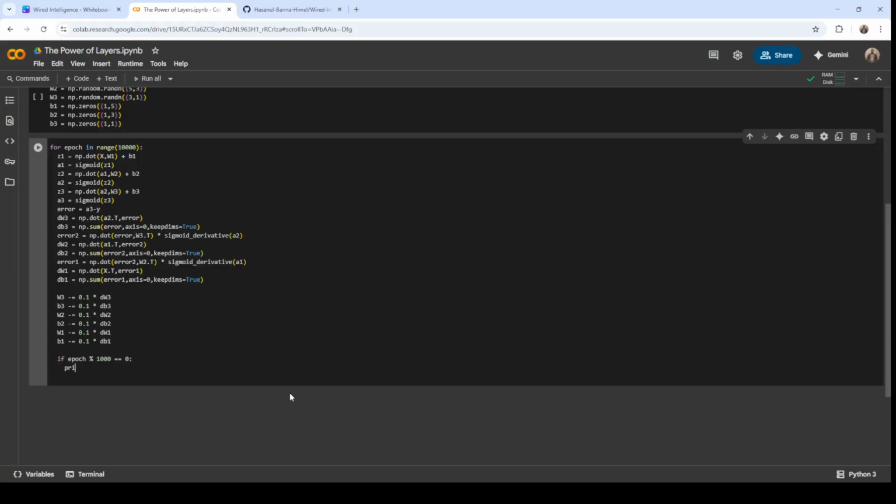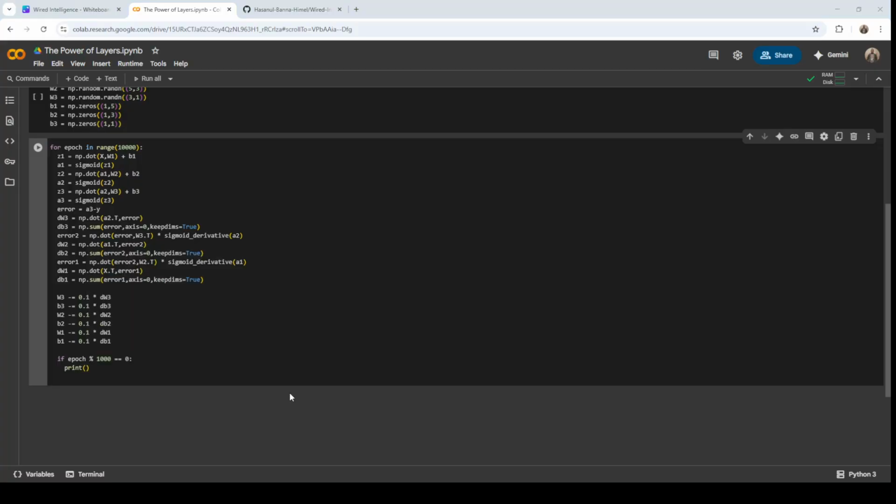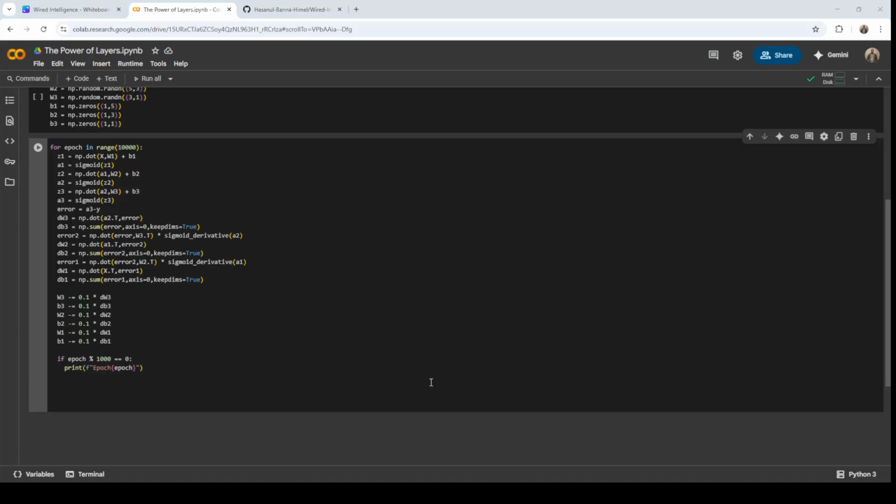We print an f-string of the epoch here. Let's check if this works. We're hoping for the best. Now we print